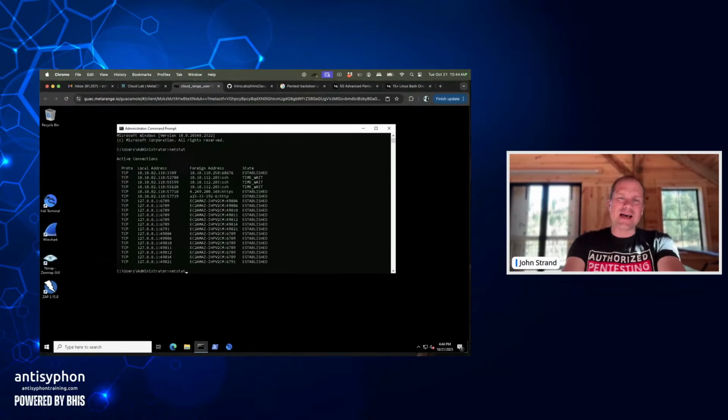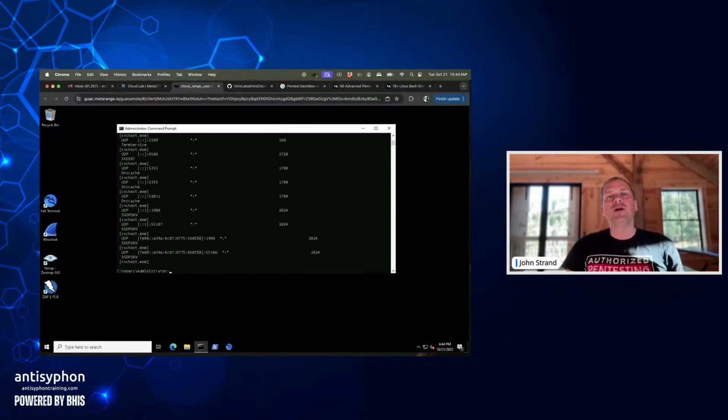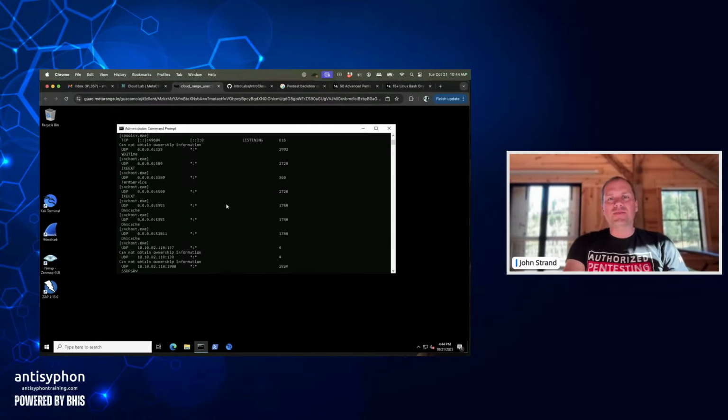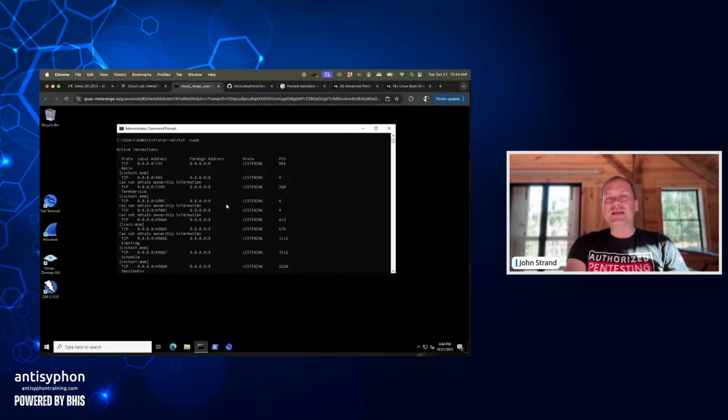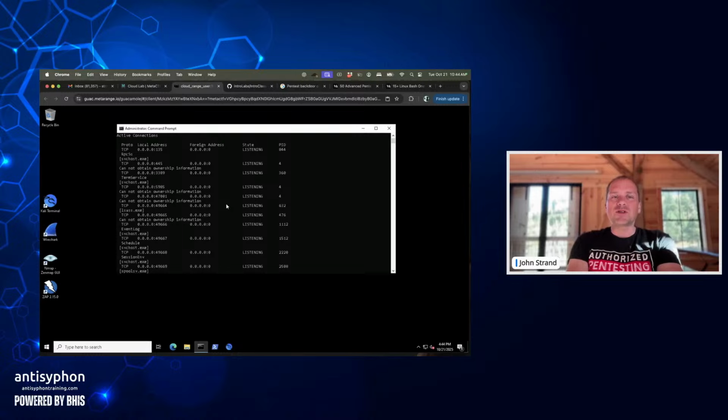So we can run netstat -naob and look how it changes. It just explodes with wonderful, wonderful data, right? So the first one at the top, we have process ID 844 and it's port 135. If you look,